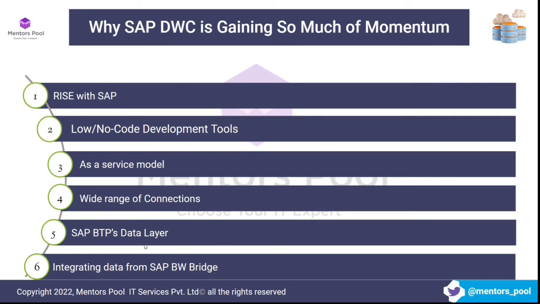And because of this type of bridging, that is also going to drive the need for Data Warehouse Cloud in the future. So these are some of the 6 main reasons that we feel are going to drive Data Warehouse Cloud in 2023 and in the several upcoming years.